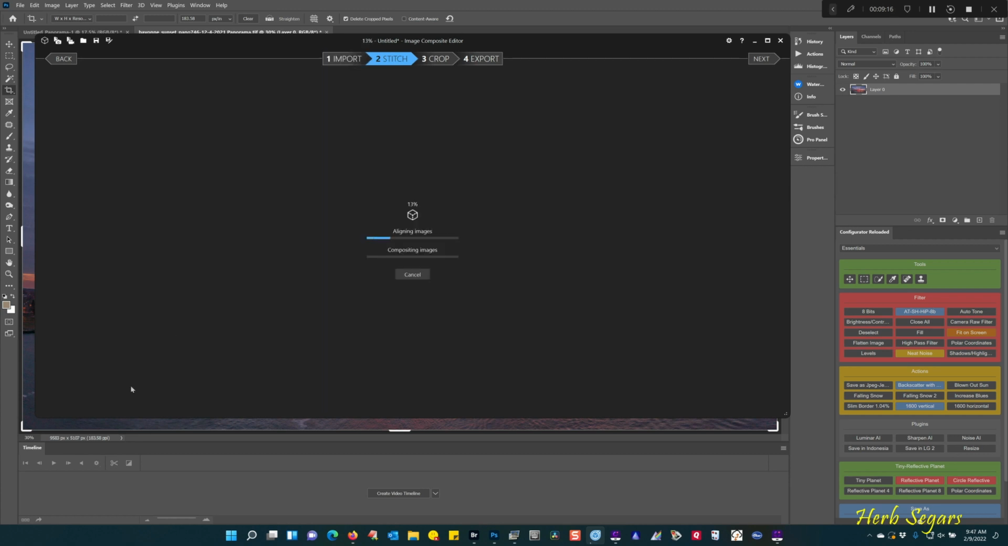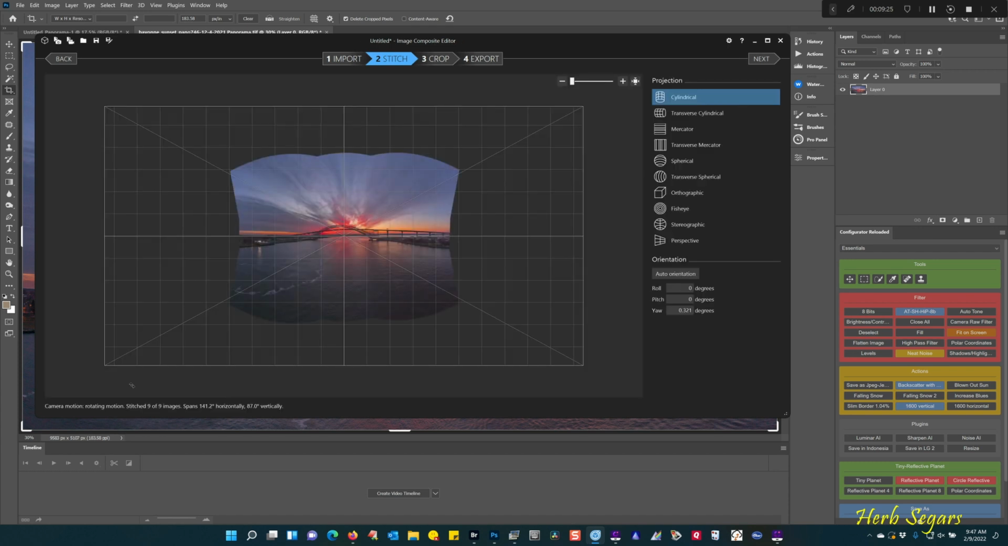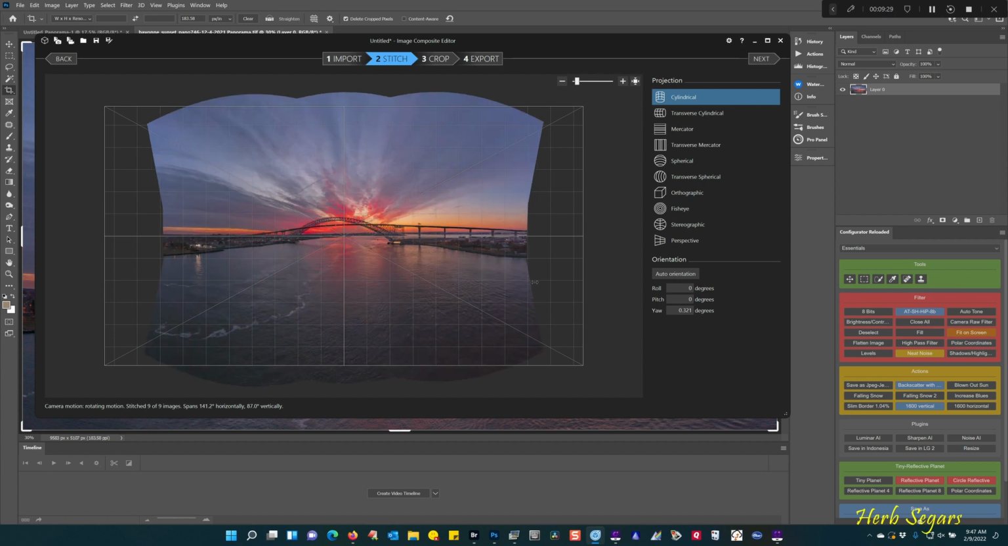This also works considerably faster than Photoshop. Not quite as fast as PT-GUI, but not bad. All right, so now we have our stitched together panorama, which I think is very close to what we've gotten from PT-GUI. I see that the horizon is still a little bit up on the right side as compared to the left side. So I'm going to see if we can maybe